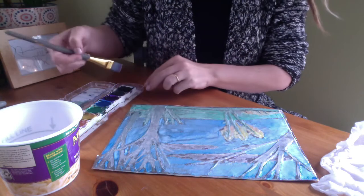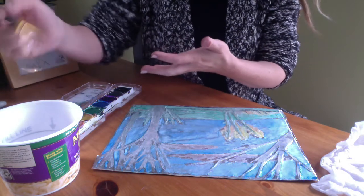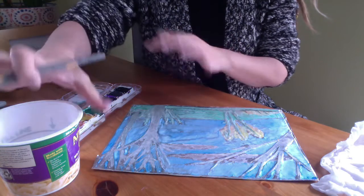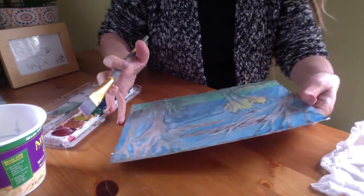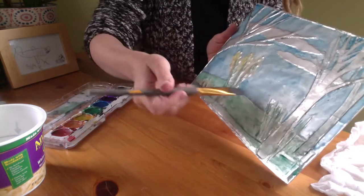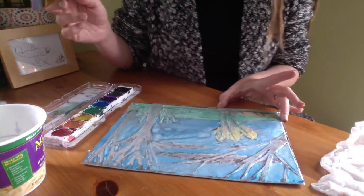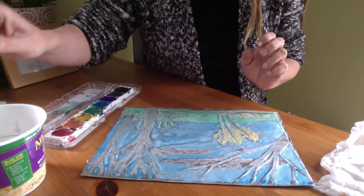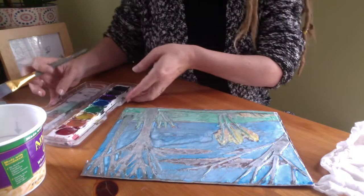Now I've already spritzed my watercolors to kind of wake them up. Students, you might remember that step. You wet the watercolors to kind of get them going. And you should only do that once. And on here, I have done some of the green, some of the blue, some of the yellow. I'm just going to demonstrate a little bit while you're watching, but you shouldn't have to really watch me do the whole thing. So a little bit of water on the brush, excess off, and then just to point this